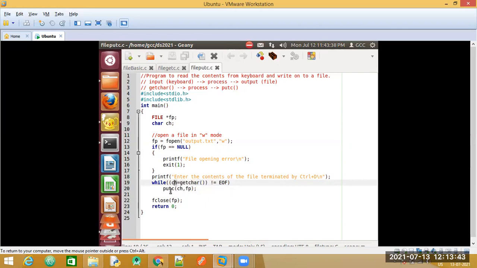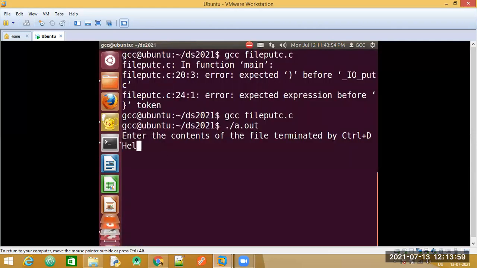And again, this putc function will help us write that particular letter E to which file? To the file pointed to by this fp. So fp is pointing to the file output.txt. So likewise, I will write.